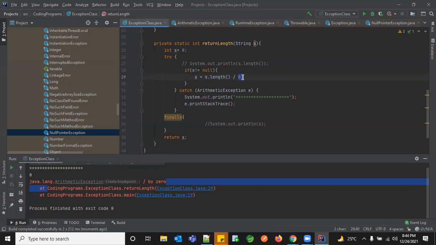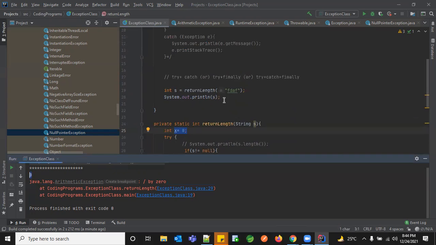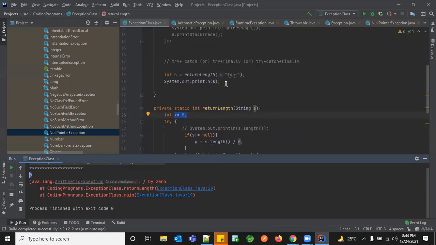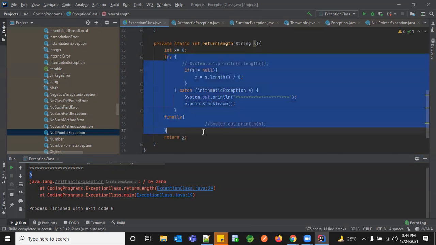Since this is a hard-coded value, I can make it. But in runtime, you never know what value you get for your y and what value you get for your numerator, which is a runtime activity. In that case, you need to handle your block. So what you can do is, though you're getting these exceptions, you can suppress it and finally pass your s with a default value of 0 so that it won't disturb the program which is going further in a sequential way. In this way, you can suppress it.